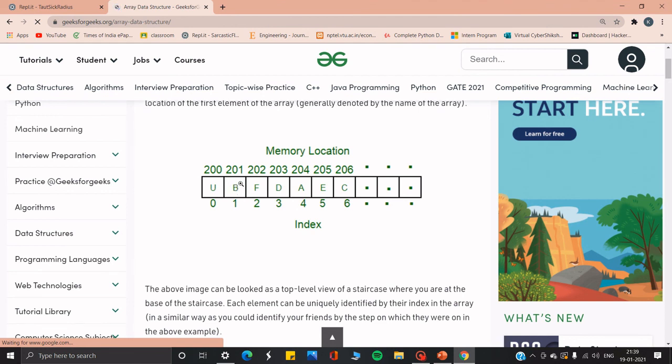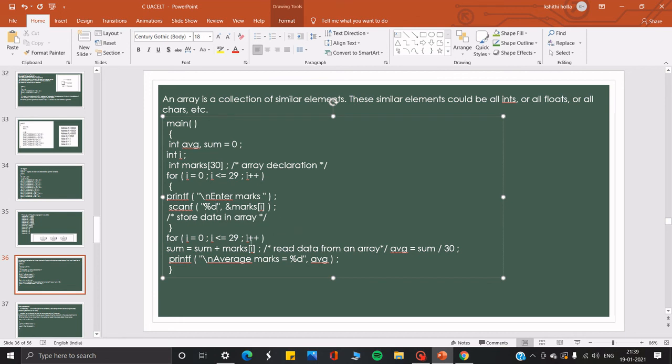Similarly it would happen as long as it's less than or equal to 29. So in order to calculate sum, we must initialize sum as 0. So 0 plus marks[i], I will assume it as 6.